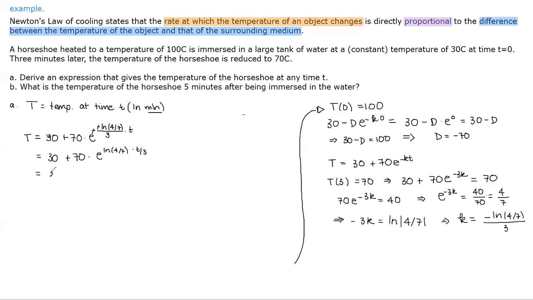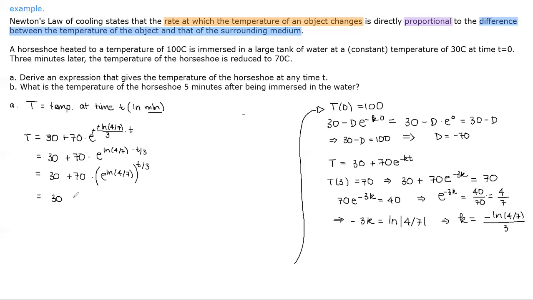So from here I can rewrite this as 30 plus 70 times e to the ln of 4/7. And we know that when there's a product in the exponent of something, that's like first applying one of the terms and then applying the second term to the result. So that means I'm going to get e to the ln of 4/7, the whole thing to the power of t/3,